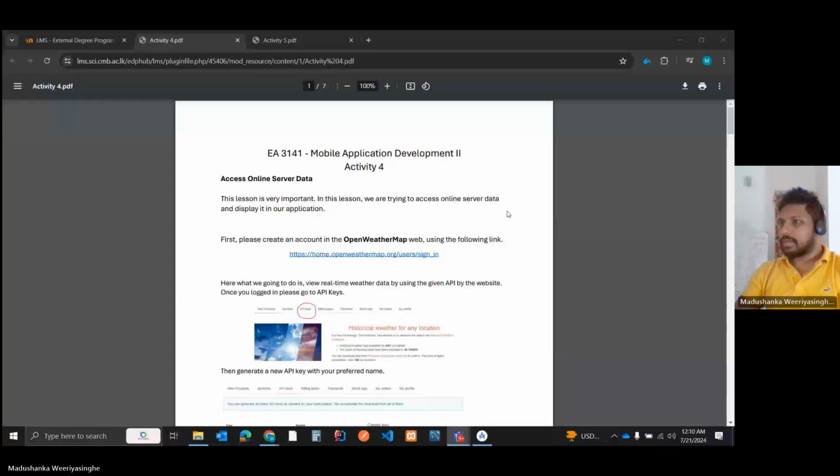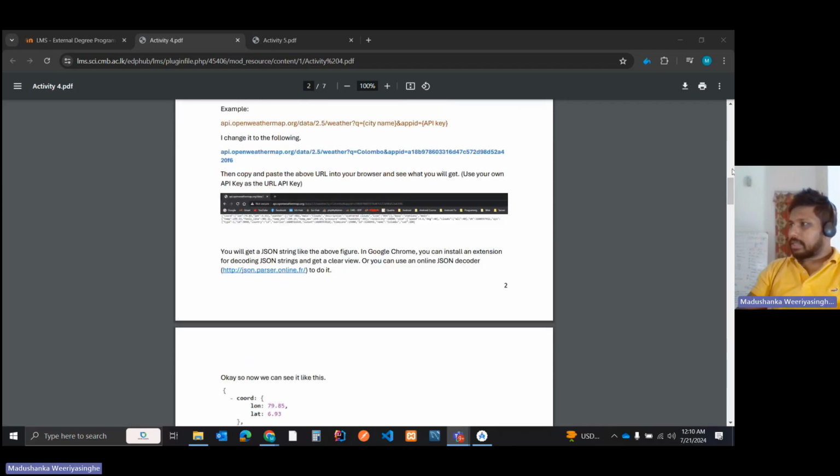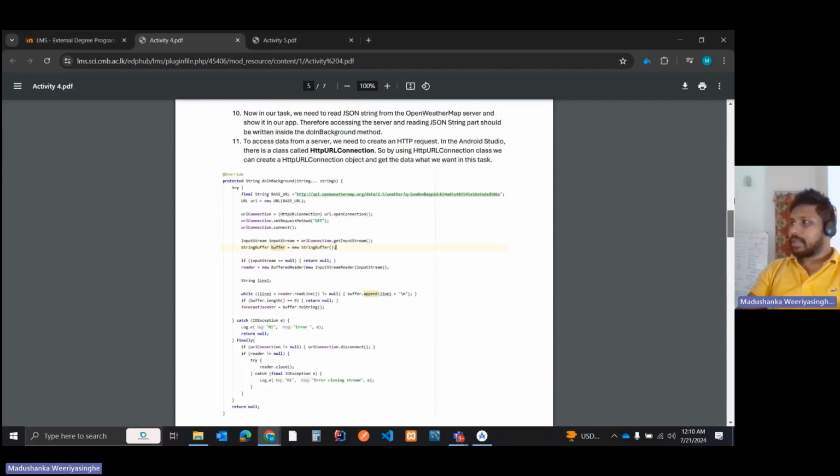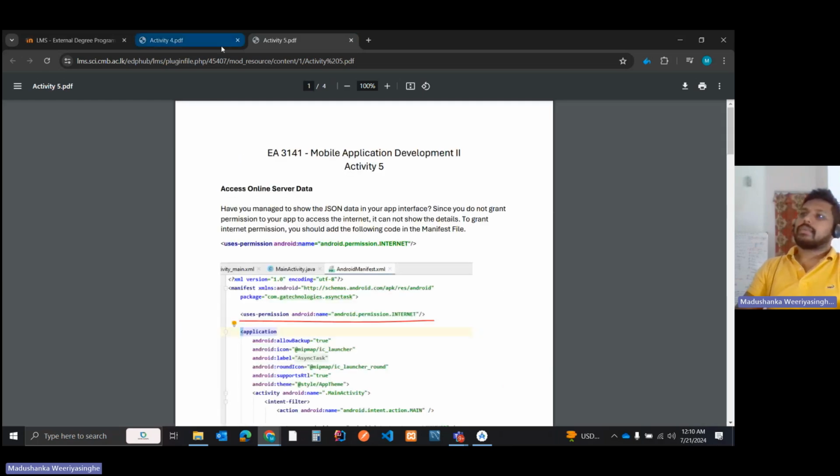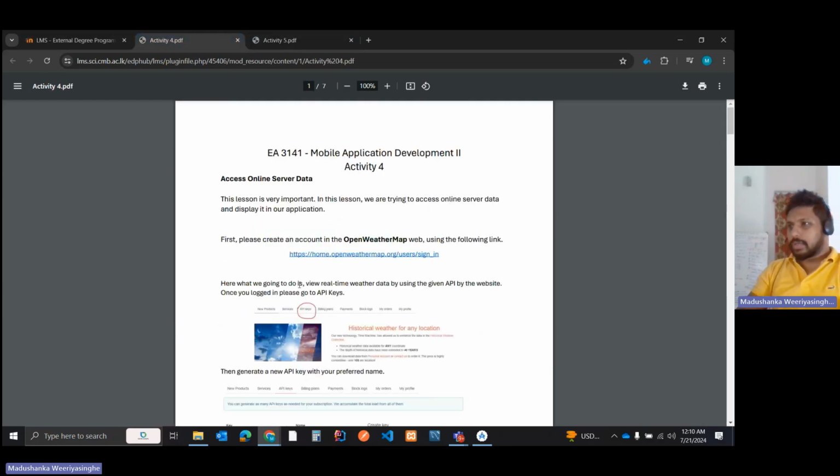All right. I'm not sharing the screen. Let me share the screen quickly. All right, perfect. So these are the two activities. So this is activity 4, and it's running till here. And we have activity 5. So in activity 4, as I told, we need to fetch data